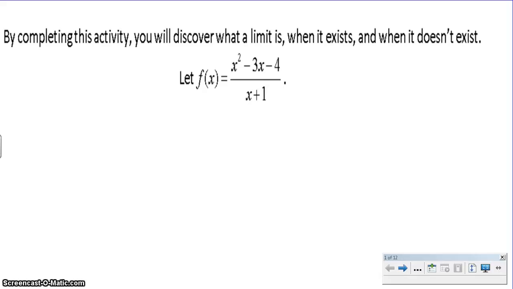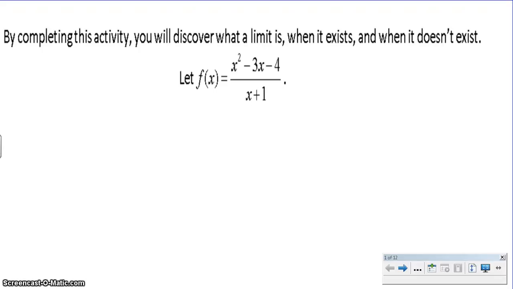So hopefully you had a chance to take a look at the worksheet titled What is a Limit? What we're going to do now is go through each of those questions in a little bit more detail, and also go through a few more examples of finding the limit graphically for a function. So first of all, on this worksheet, you have the function f of x, and it is a